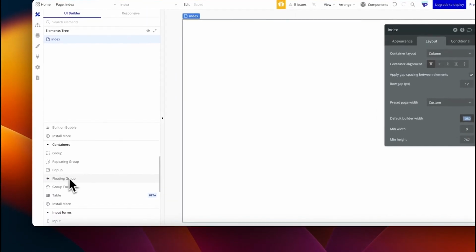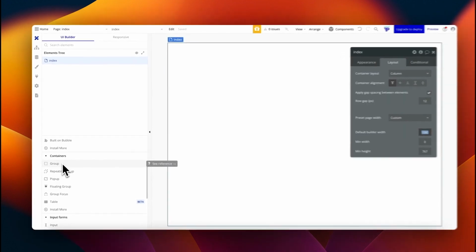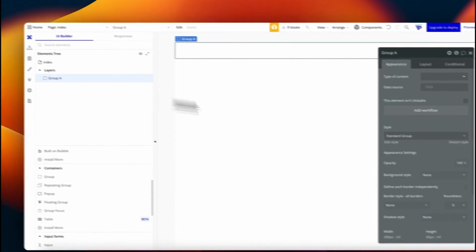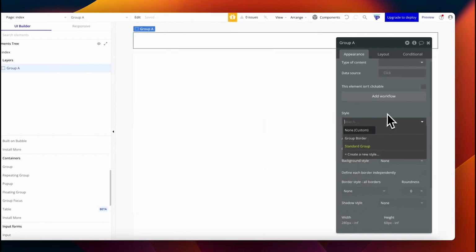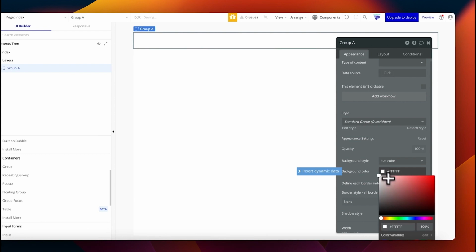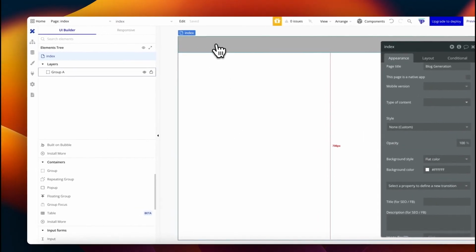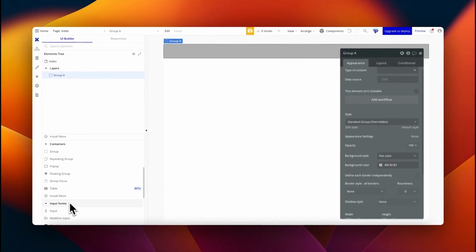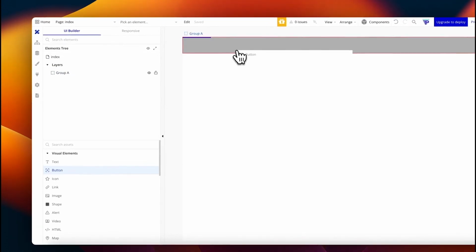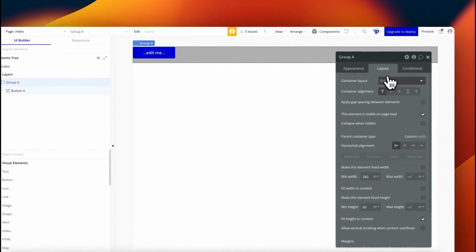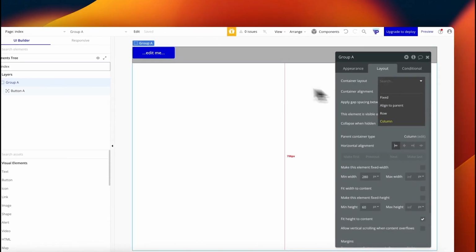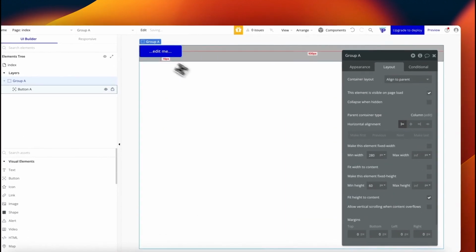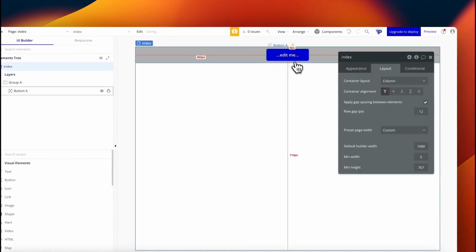Now containers are what we actually store things within. Group is the standard. As you can see, I've just dragged a group in from the layer, and I'll change the background style so you can notice what it is. We have our background group. Within that group, we can nest. I'm going to use a button again for an example, and we can change the container layout for that group. Whilst the parent might be a column, you could have an align to parent here, for example, and we can align that to